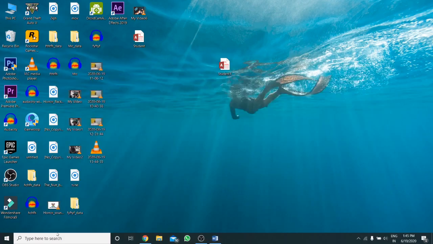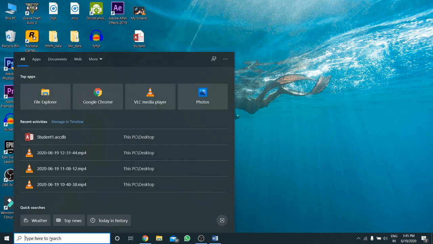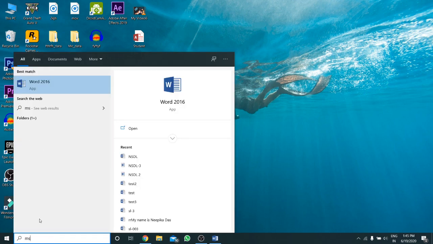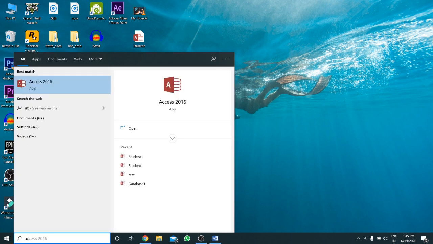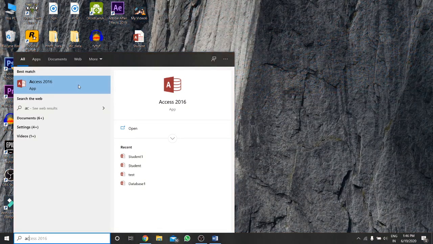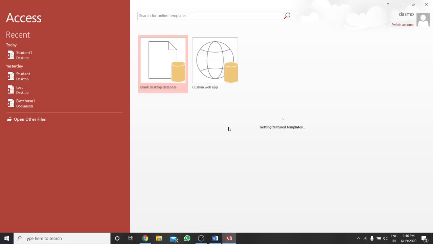So let me open MS Access. As I have told you earlier also, in this computer Office 2016 is installed, but MS Office 16 contains all the features of Access 2010, so no problem.